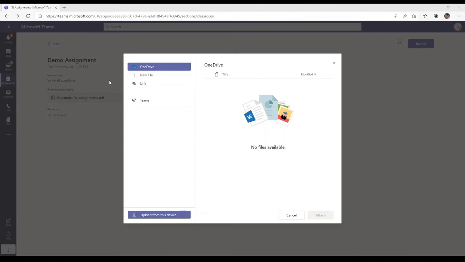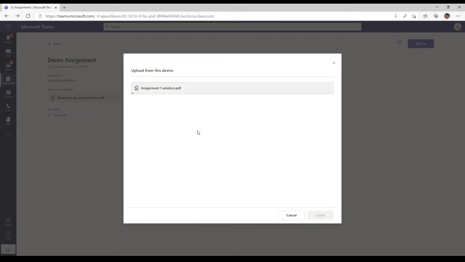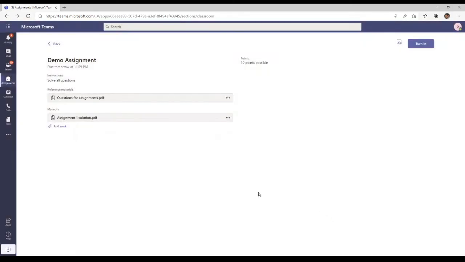You have created a PDF file by taking a snapshot from your mobile. You have scanned your notebook and you have created the PDF file. So select that PDF file, click on open, and now your work is being uploaded, and click on done. So you have just uploaded your work, nothing else. You haven't submitted it yet.